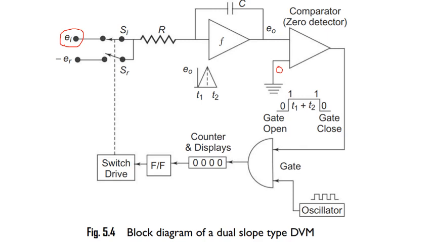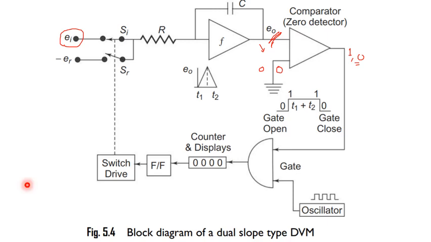Ground is 0, and if you have a positive going signal like this at the other input, then the comparator will be on. On the other hand, if it goes negative, the other input of the comparator goes negative, then you will not be able to get 1, you will get a 0.